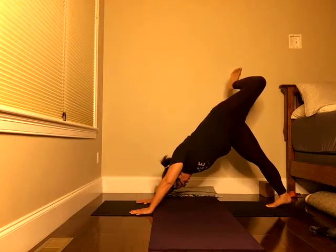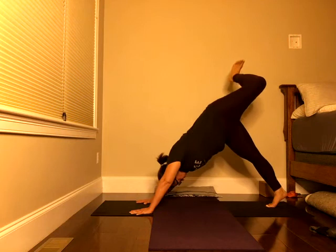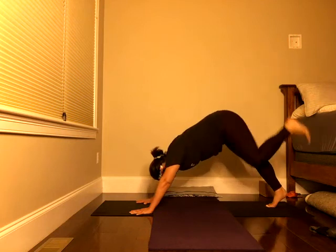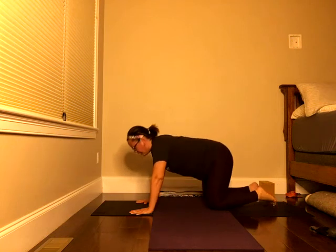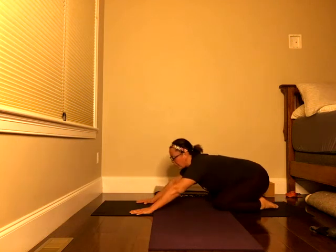For 5, 4, 3, 2, and 1. As you exhale, slowly release. Drop your feet down. Let's come back down, this time in your child's pose. Let's come into a child's pose with a twist. So from the front,